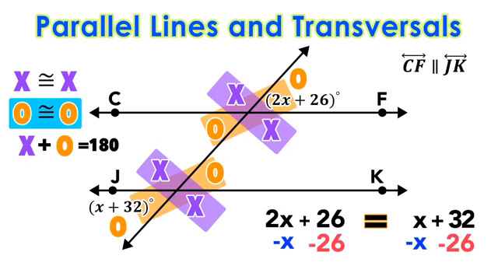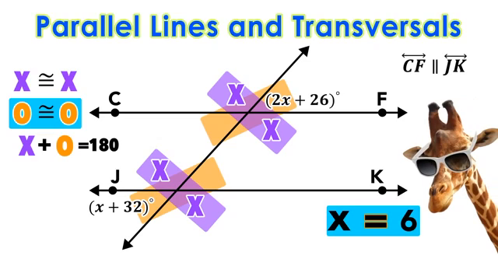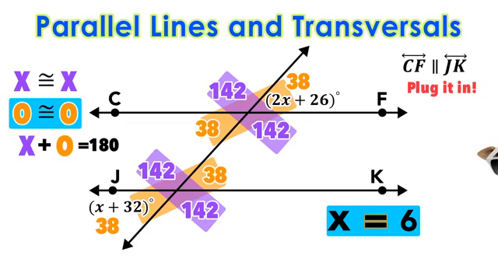We can subtract x on the left side of the equation and subtract 26 on the right side. We can simplify and come to a solution that x has a value of 6. Now we are not finished here. In order to find the angle measures, we have to substitute 6 back into each expression. Doing that gets us an angle measure of 38 degrees for all of the acute angles, the O's, and subtracting that from 180 gives us 142, which is the measure of all of the obtuse angles,